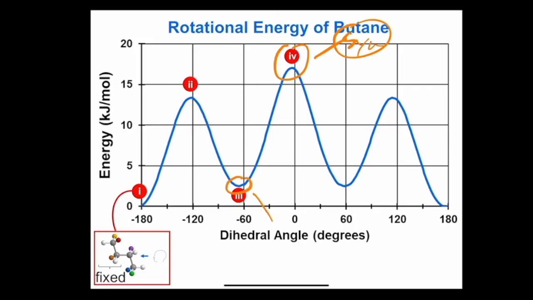Down here at the bottom, this is our gauche. It's a low energy structure. It's not eclipsing, but there's steric strain. Then we go back to our other eclipsing structure. And then finally, nice and low, this is our anti. There is not a special name for that eclipsing. It's just eclipsing. Bad eclipsing, we call syn. Very, very good staggered, we call anti. Not so good staggered, we call gauche. But notice here, the energy difference, this little gap right here between minimum at 3 and minimum at 1,